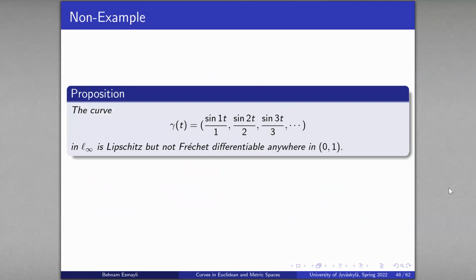Okay, now that we know our L infinity a little bit, we can give an example of a Lipschitz curve which is not Fréchet differentiable anywhere. And that is a very compelling counterexample to a Rademacher-type theorem. We saw that Lipschitz curves into finite dimensional vector spaces are in fact differentiable almost everywhere. And this is the exact opposite. This one is nowhere differentiable, although it is Lipschitz, which means that any hope of a Rademacher theorem in infinite dimension will fail. Now, about the proof of this,